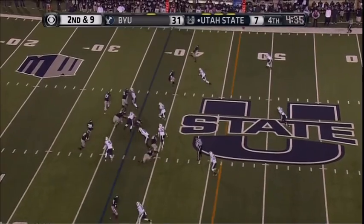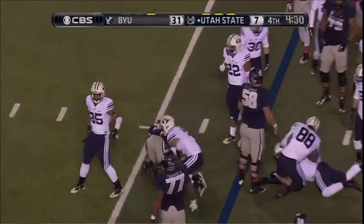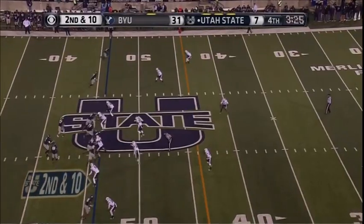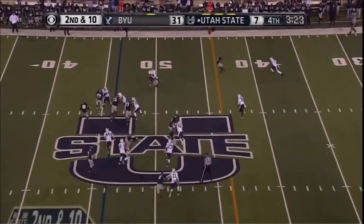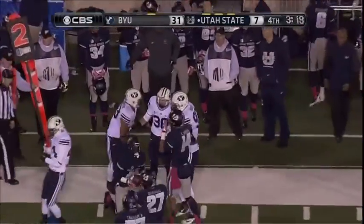4:37 to go in the fourth quarter. Utah State keeps giving it to Kennedy Williams. Late in the fourth quarter, but the Aggies still playing hard, finding ways to get physical. Kelvin Lee on the carry for